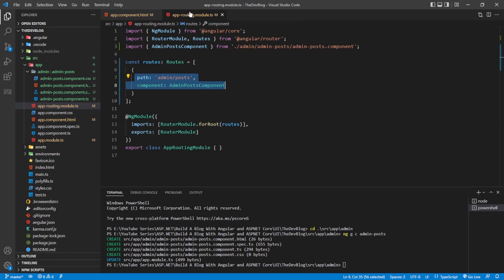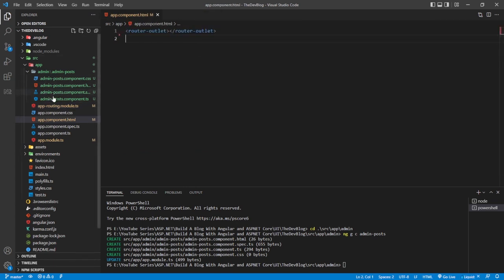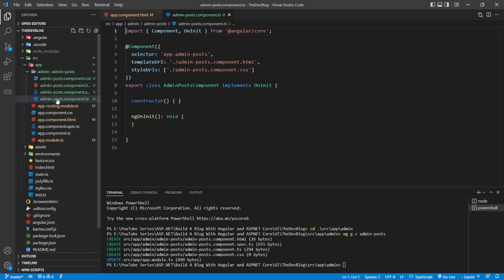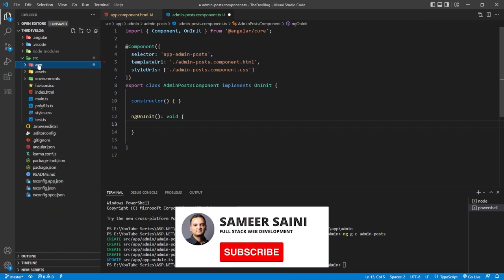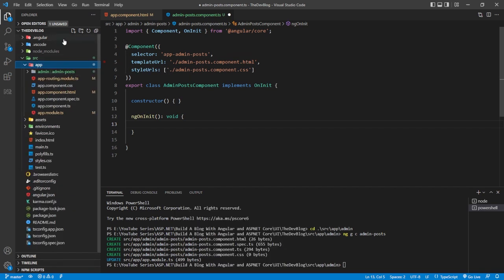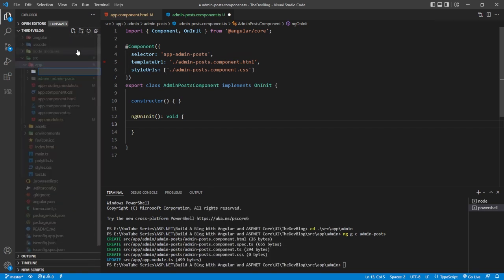So I will close this and open the admin-posts.component.ts, and inside the ngOnInit method over here, we have to somehow link this Angular service to our API. And for making HTTP calls, we use services inside Angular. So inside the app folder, I will first create a new folder called services,